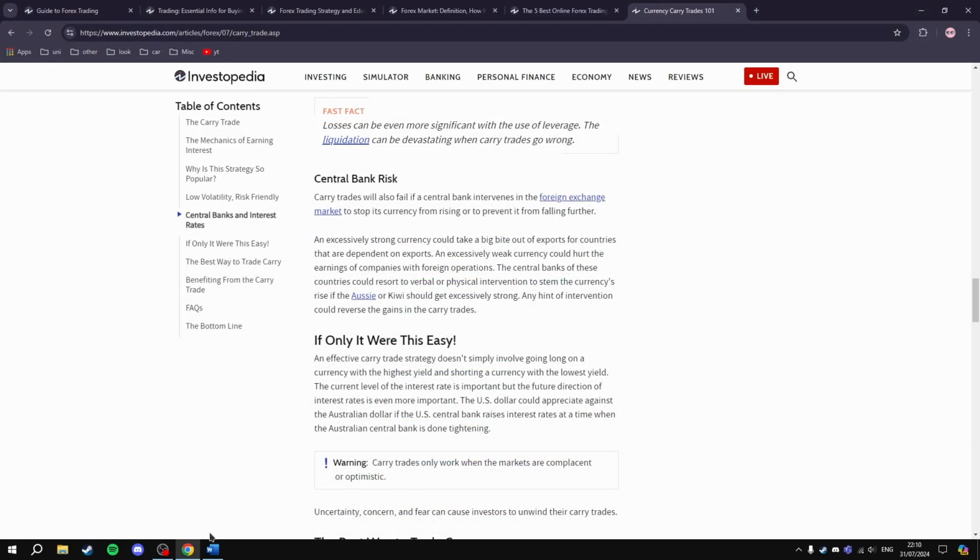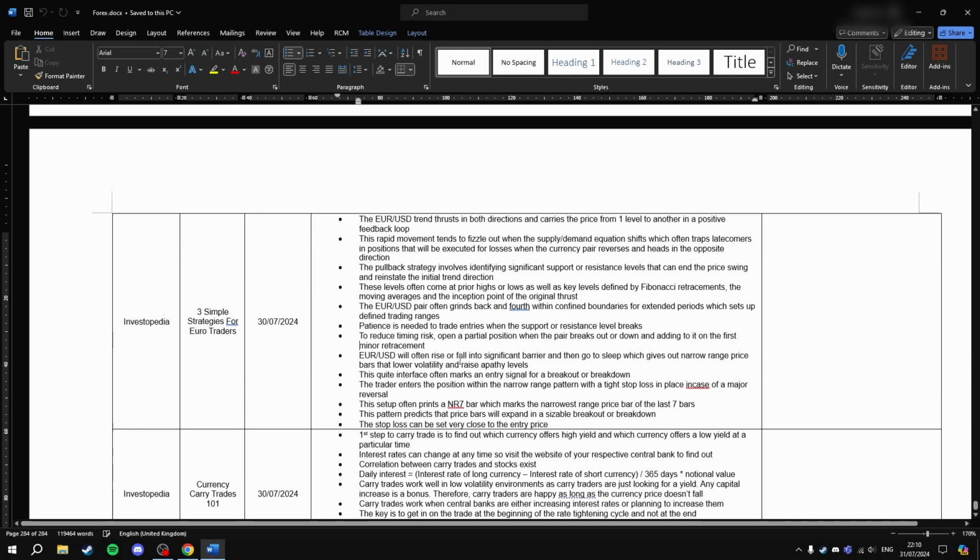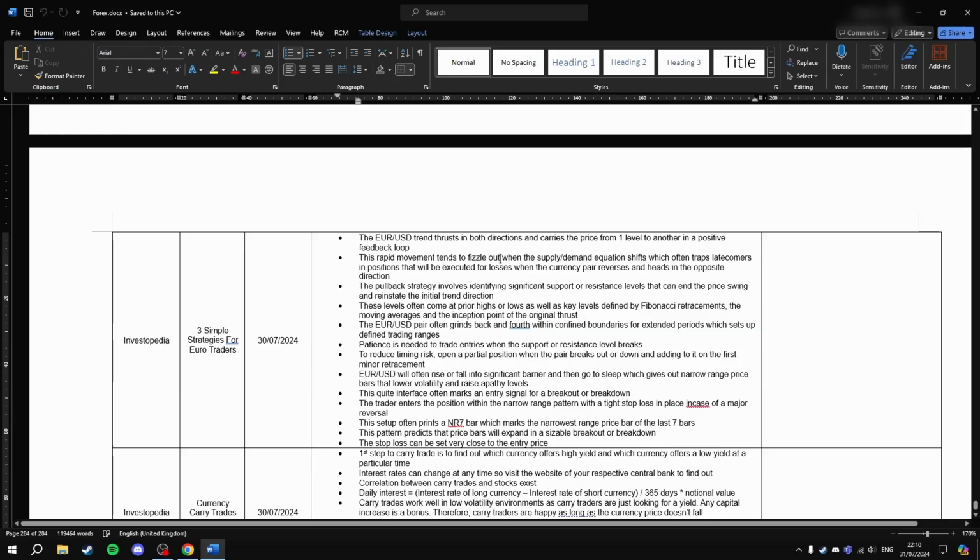So in the last episode we went through three simple strategies for Euro traders. The Euro USD trend thrusts in both directions and carries the price from one level to another in a positive feedback loop. This rapid movement tends to fizzle out when the supply and demand equation shifts, which often traps latecomers in positions that will be executed for less or for losses when the currency pair reverses and heads in the opposite direction. So there's three strategies